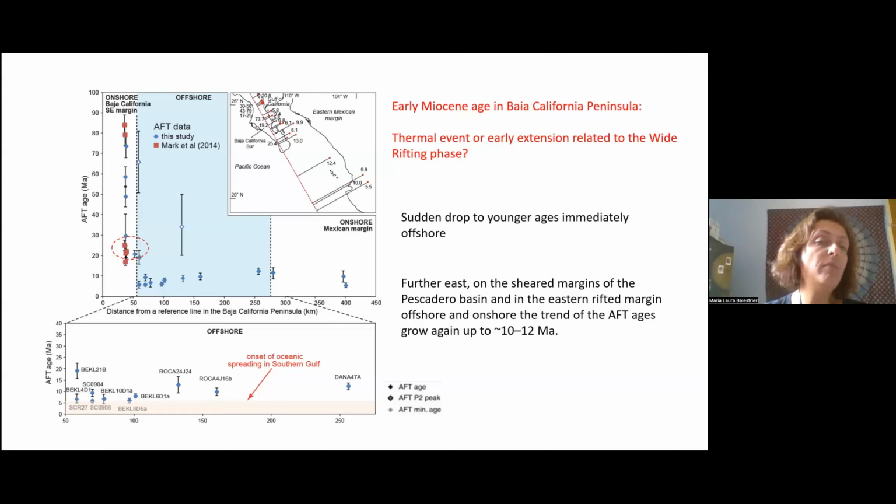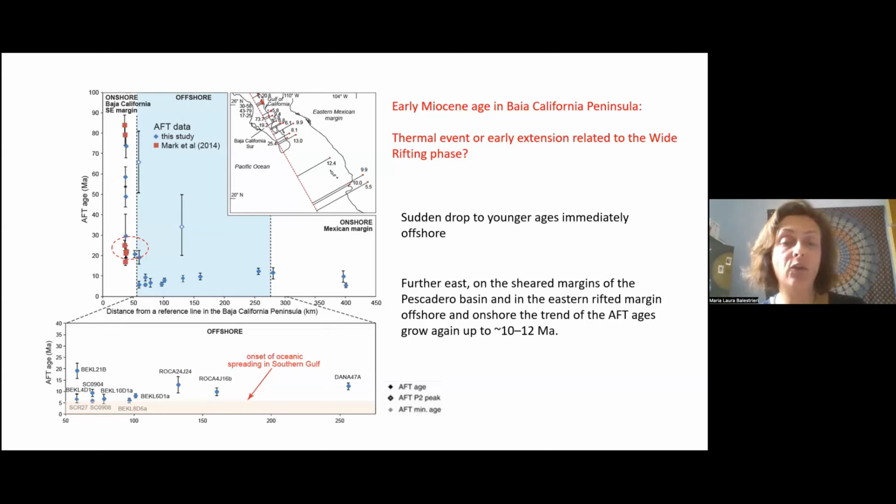Onshore Baja California we have a group of ages with a certain spread that goes from old ages around 70 million years to 17. Then moving towards the east, we have a sudden drop of the ages, and we have the youngest ages that we have obtained, around 6 million years. Then these ages grow again, and they reach values of 10, 12 million years going towards mainland Mexico,